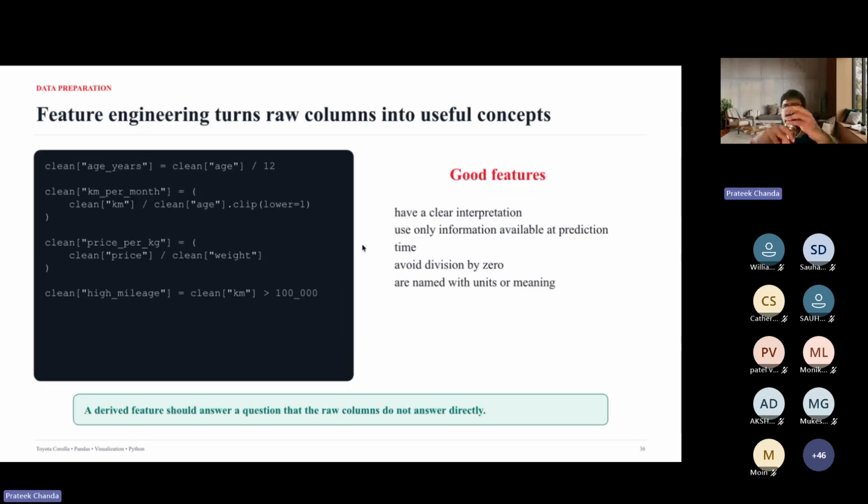And you can also consider feature engineering that turns these raw columns into useful concepts, which we already had discussed. Let's say you want to create new features out of the dataset that were not previously there, because these are a good essence for a clear interpretation of the dataset. You can have useful information at the pre-process stage before the plotting time itself. You can also have settings where you avoid division by zero and so on.